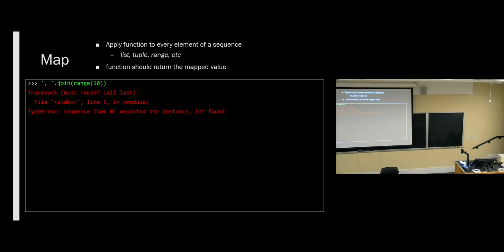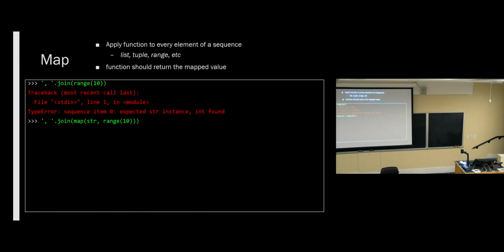So how are we going to do that? Well, the most intuitive way would just be to write a for loop over that range. Convert each of those numbers into a string and put them in a list or something. But then we're writing a for loop just to call str on a bunch of things. It's a whole for loop for just one function call.